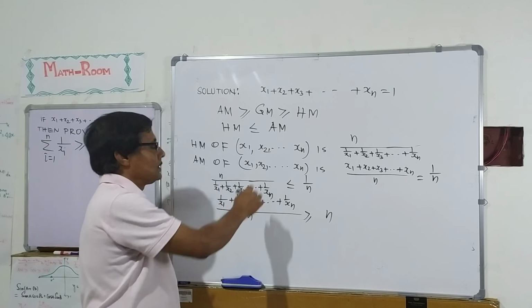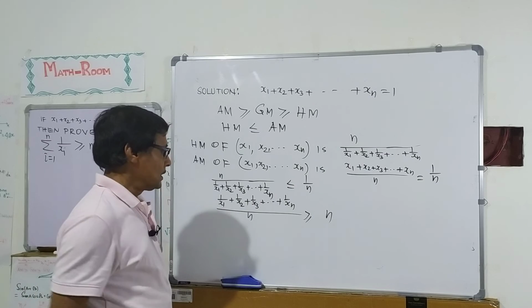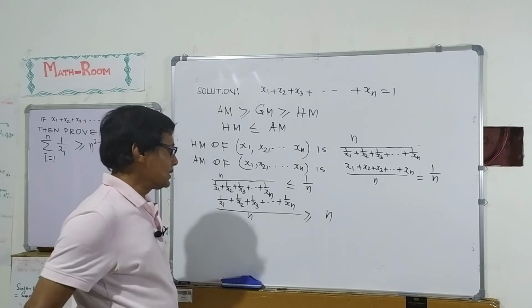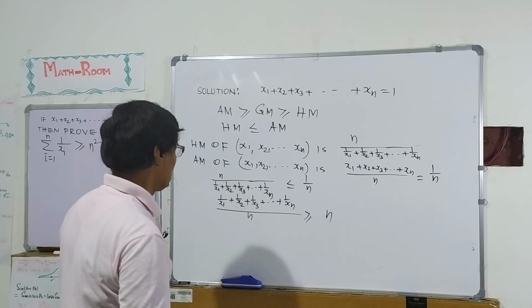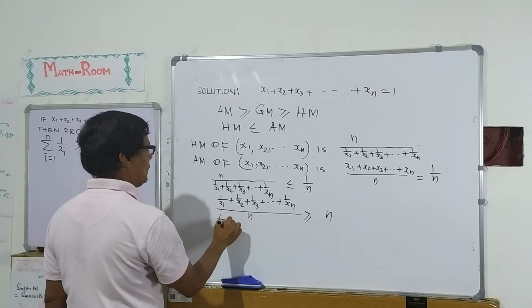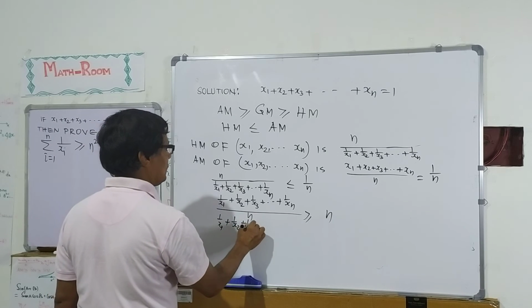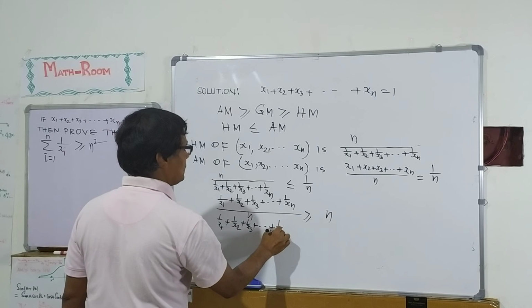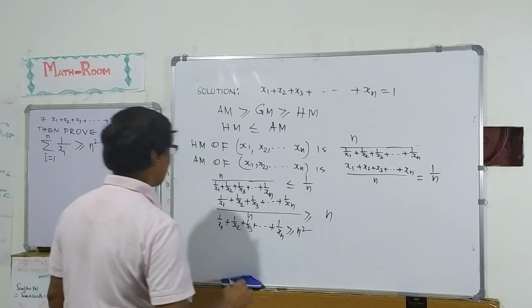Less than or equal to will be changed into greater than or equal to. So 1 over x1 plus 1 over x2 plus ... plus 1 over xn is greater than or equal to n square,